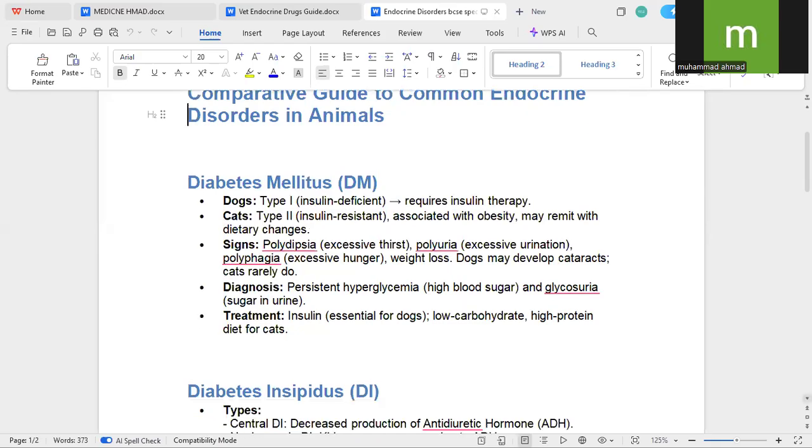So treatment is basically insulin, especially in dogs, and for cats we use insulin but also emphasize a high protein and low carb diet. Okay,